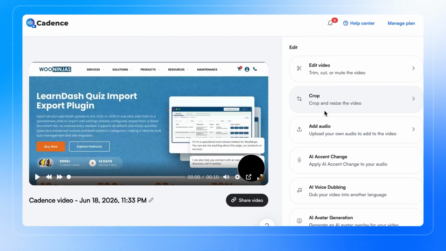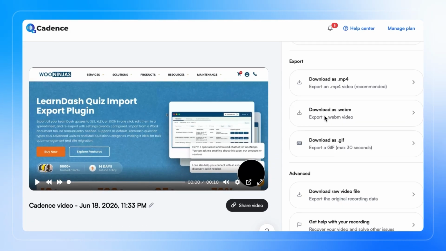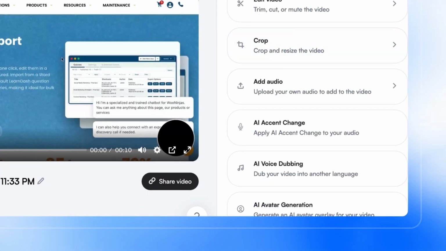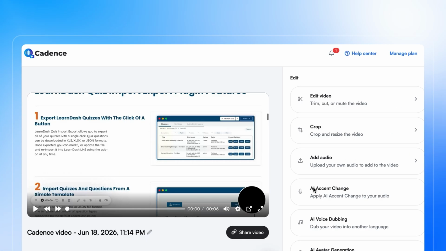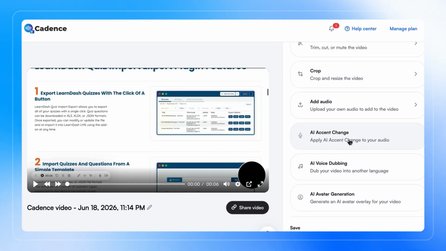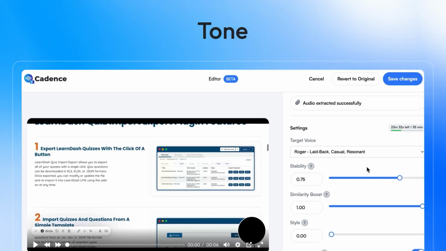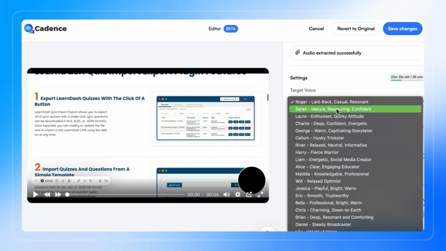sections. Once the recording is complete, Cadence opens the video in the browser dashboard where users can preview, edit, and improve the recording before sharing it. With AI accent change, users can keep the original voice or transform it into a cleaner voice style from the available options. Cadence keeps the recording natural while improving clarity, tone, and delivery so the speaker sounds more polished without